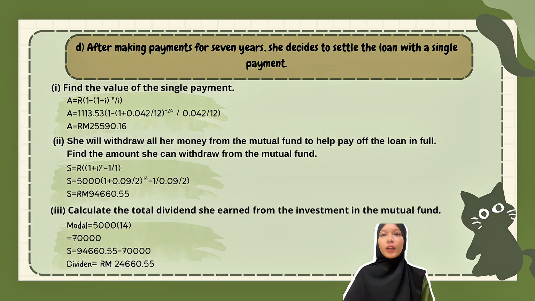Next, for question 2, she will withdraw all her money from the mutual fund to help pay off the loan in full. We need to find the amount she can withdraw from the mutual fund. So by using the formula S equals R times ((1 plus i) to the power of n, minus 1) divided by i, we apply the future value of an annuity formula. Substituting, S equals 5,000 times ((1 plus 0.09 divided by 2) to the power of 14, minus 1) divided by (0.09 divided by 2). Thus, the future value of the annuity after 14 periods is